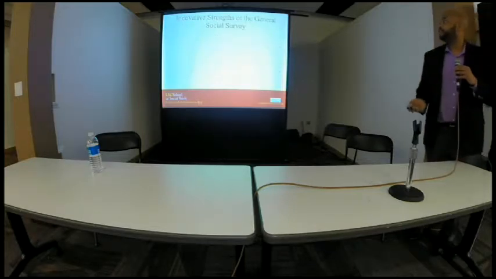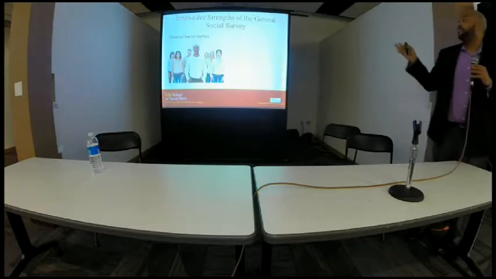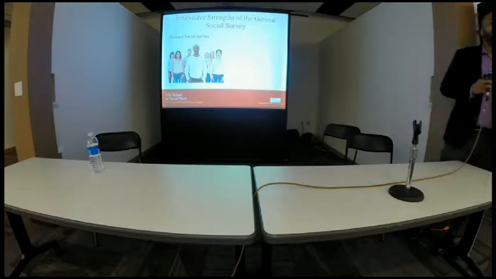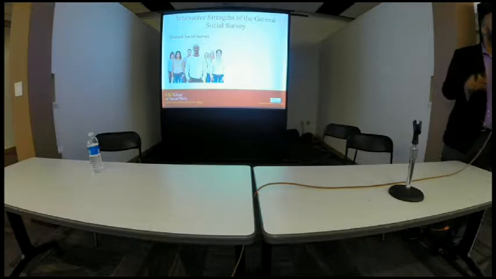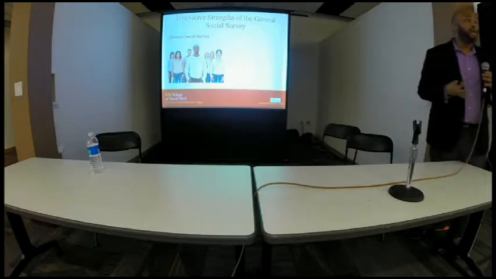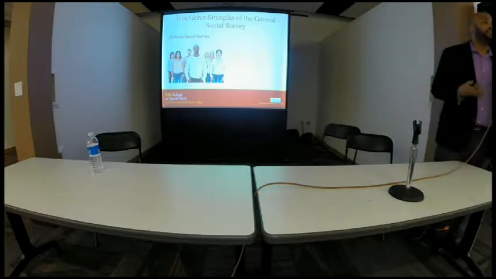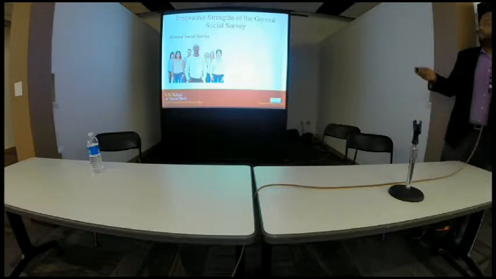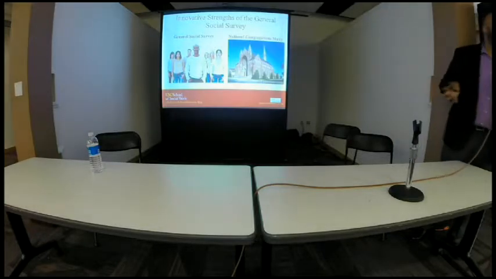Now, the innovative strengths of the General Social Survey. As I mentioned before, the General Social Survey is a nationally representative study of adults age 18 or older in the United States. Every 2 years since 1994, GSS interviewers will go to your house and have face-to-face interviews, and those interviews tend to last from 90 to 120 minutes. Specifically in 1998 and 2006, the General Social Survey asked its respondents to identify what congregation, if any, they attend in the United States. From there, we have the basis for the National Congregation Study.